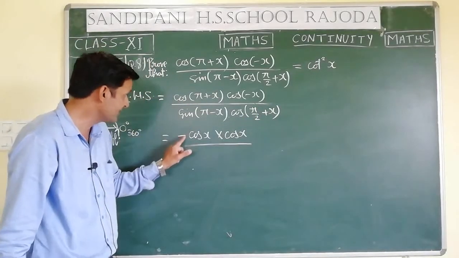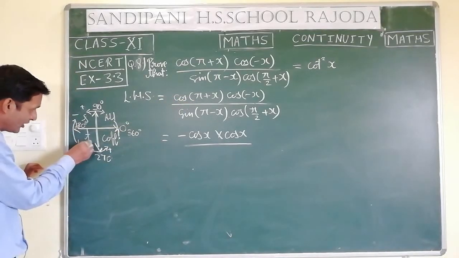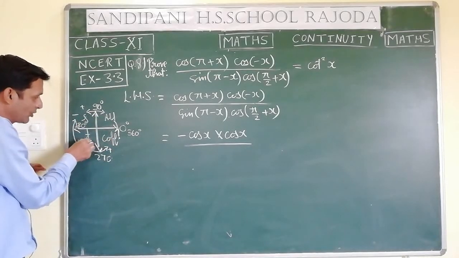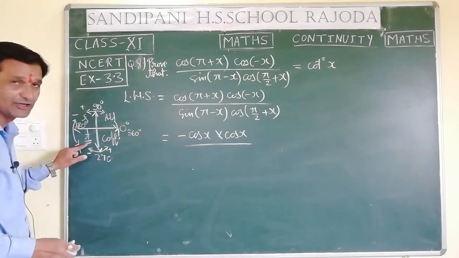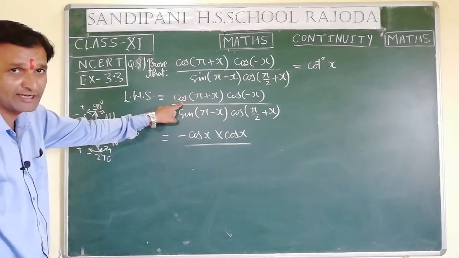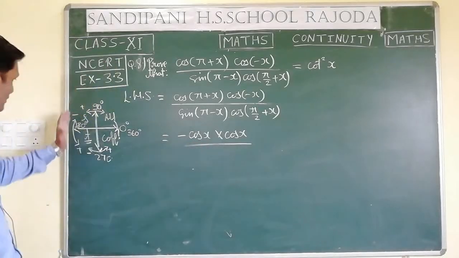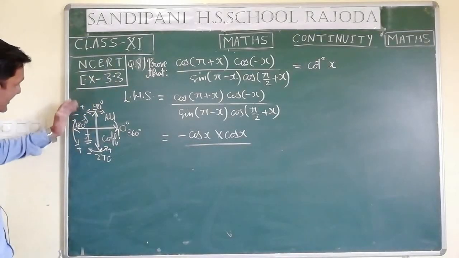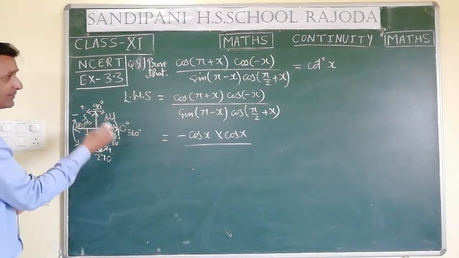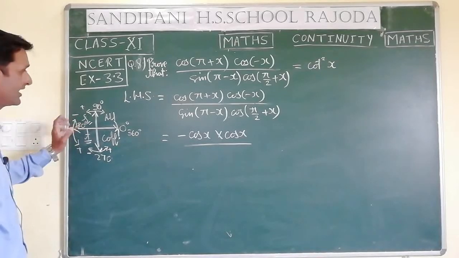Here this minus is for this formula, cos 180 plus theta, because here it is T for tan. All students take coffee. So T for tan, and the reciprocal of tan is cot. So only tan and cot are positive, remaining are negative. So cos 180 plus theta, because it is cos, it is not tan or cot, that's why it is minus cos theta. Sin 180 minus theta means this quadrant. All students, S for sin, and reciprocal of sin is cosec. So sin and cosec are positive in this quadrant. So sin 180 minus theta is sin theta only.